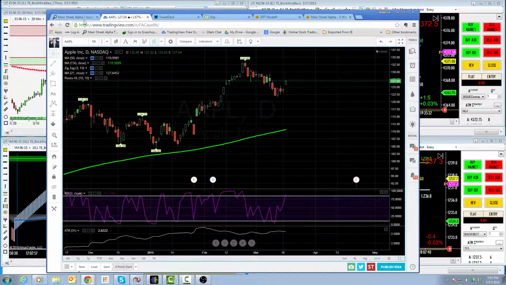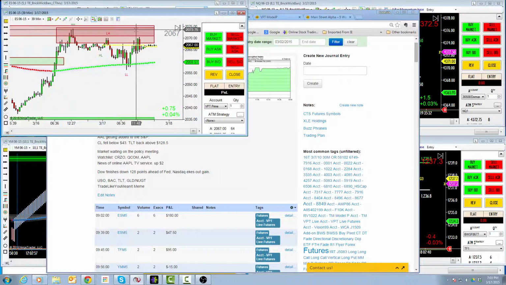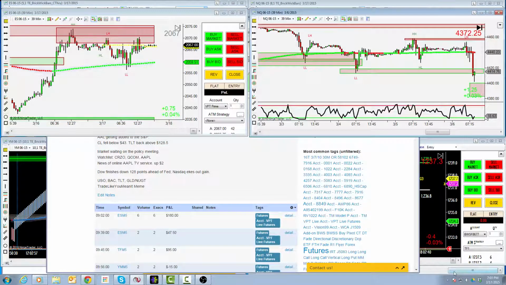So to recalibrate and re-talk about everything again, the banks, bullion, and bonds, USO, BAC, TLT, gold, and nugget is what we'll be watching tomorrow. For you futures traders, we have a big DSR level here on the S&P at 2073 to 75, which is, the level is actually 68.5 to 75, so about 6.5 points. That corresponds to yesterday's high.